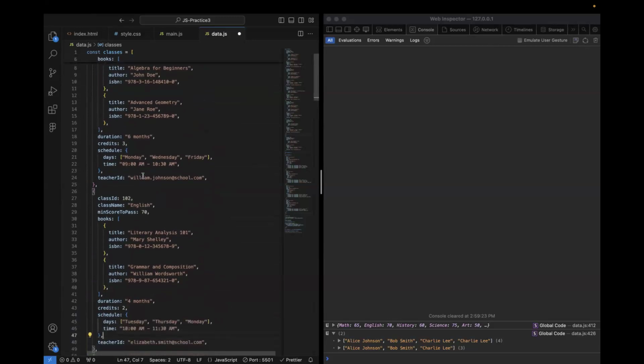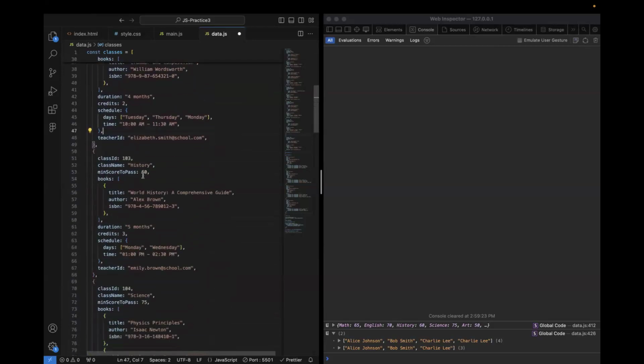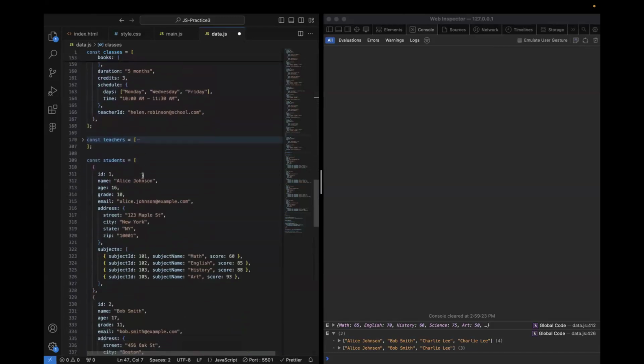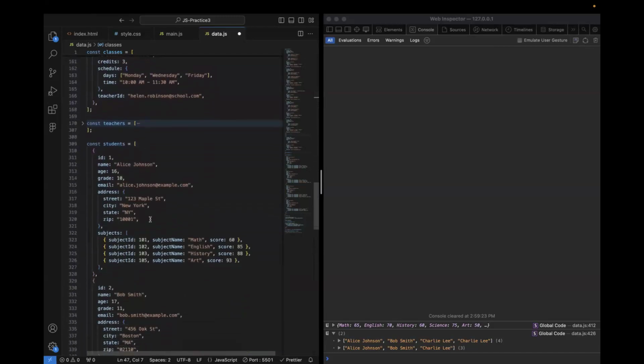So whenever you guys hear a word list, think of array immediately. When I say a list of students, it means an array of students, not a number. Mine would be, I would just create an